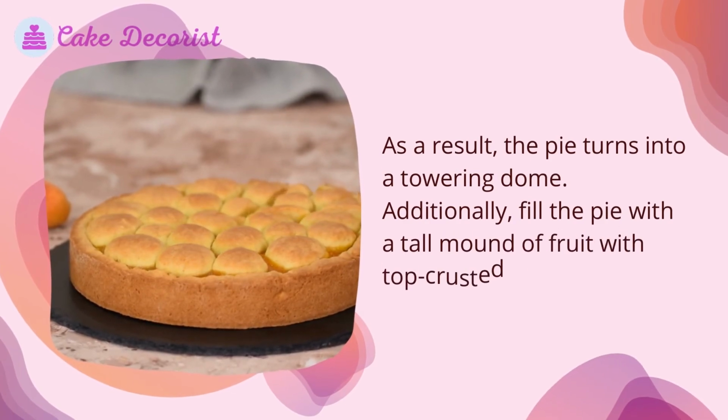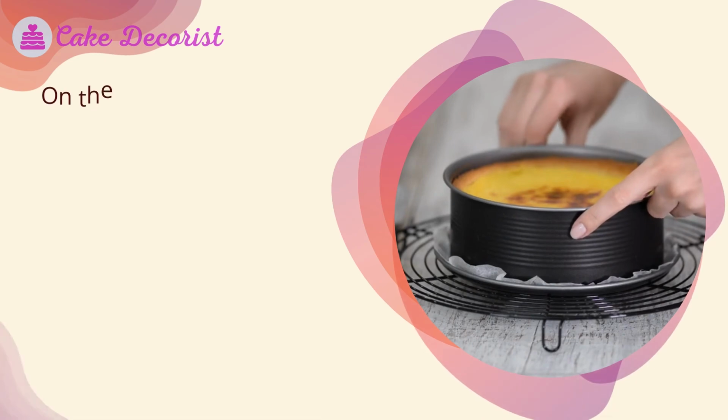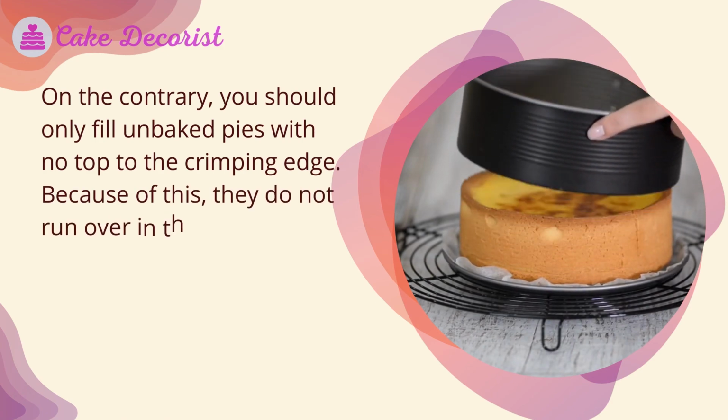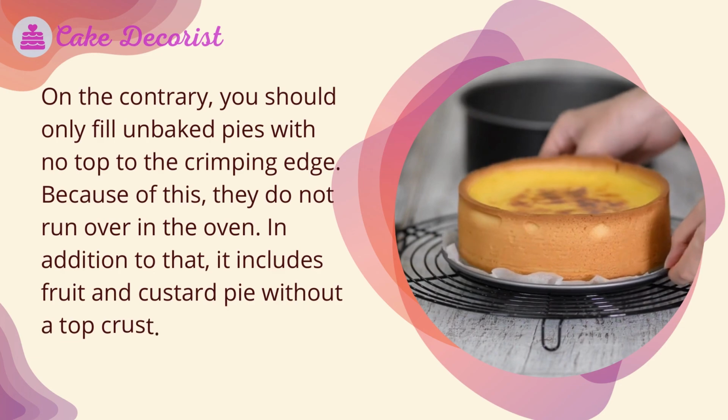Additionally, fill the pie with a tall mound of fruit with top-crusted pies. On the contrary, you should only fill unbaked pies with no top to the crimping edge. Because of this, they do not run over in the oven. In addition to that, it includes fruit and custard pie